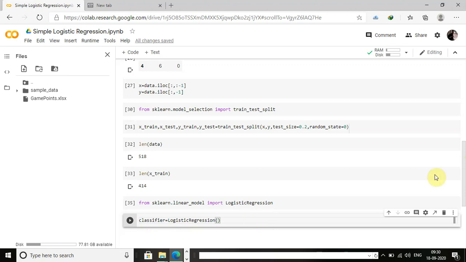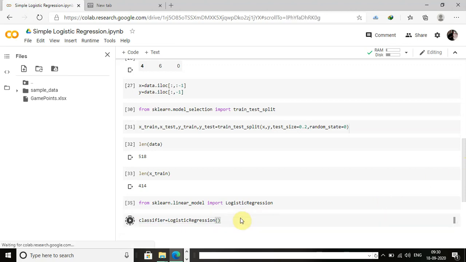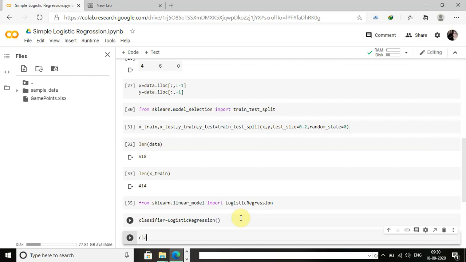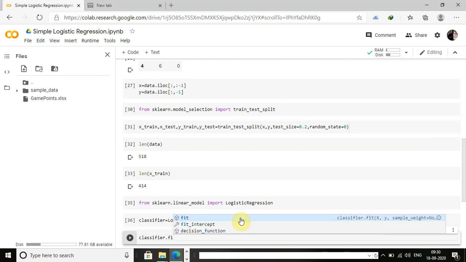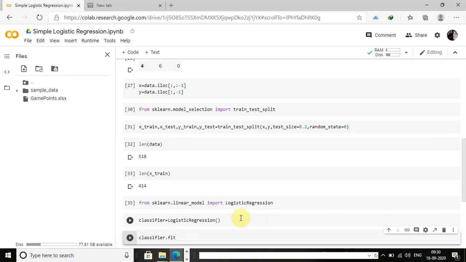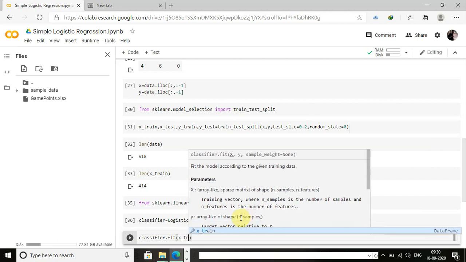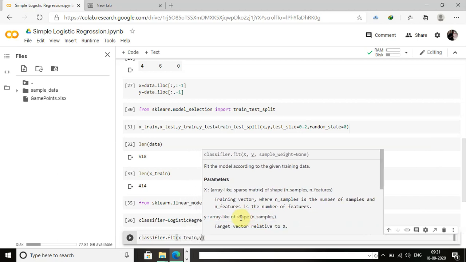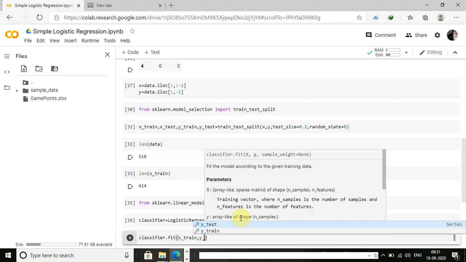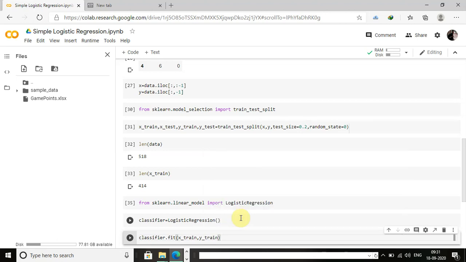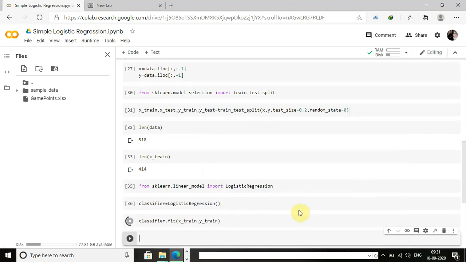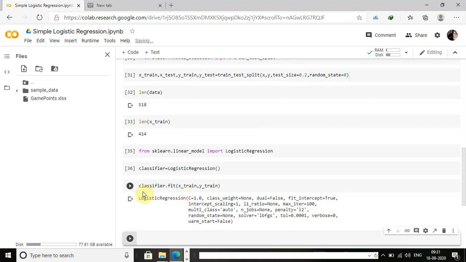So we are going to train the model using the fit function. So classifier.fit(X_train, y_train). Now my model has been trained.